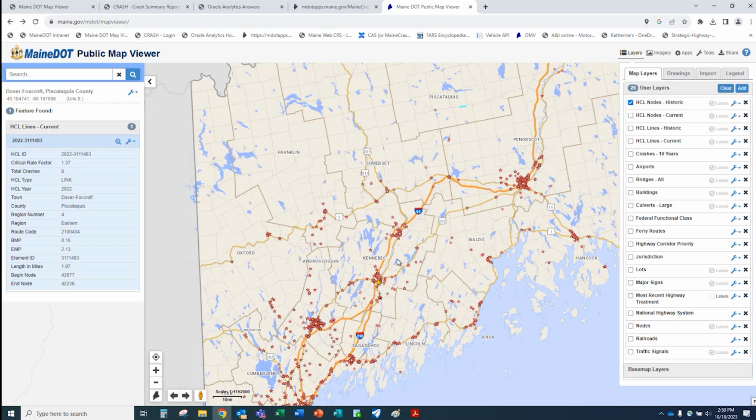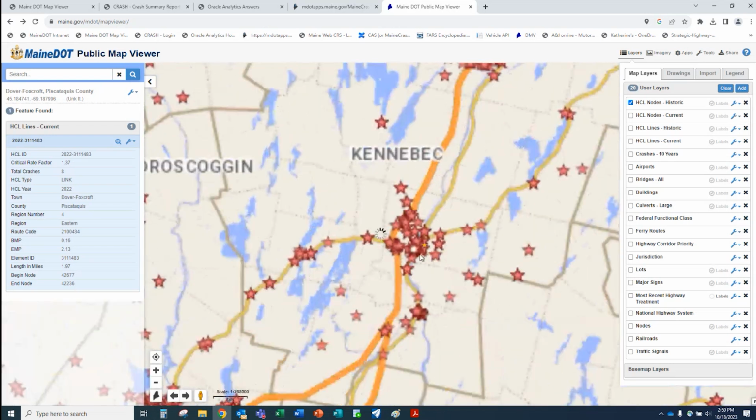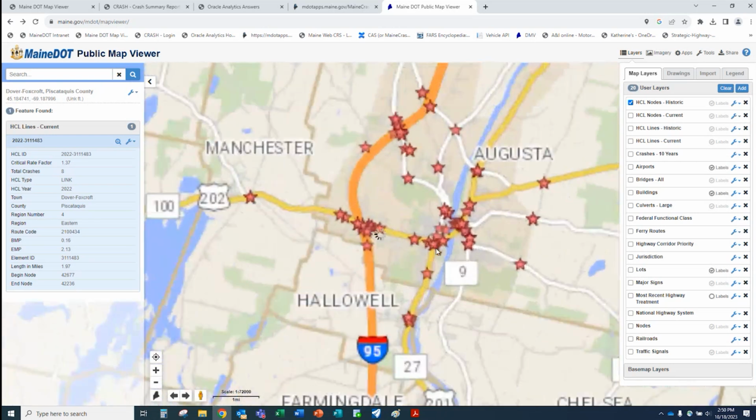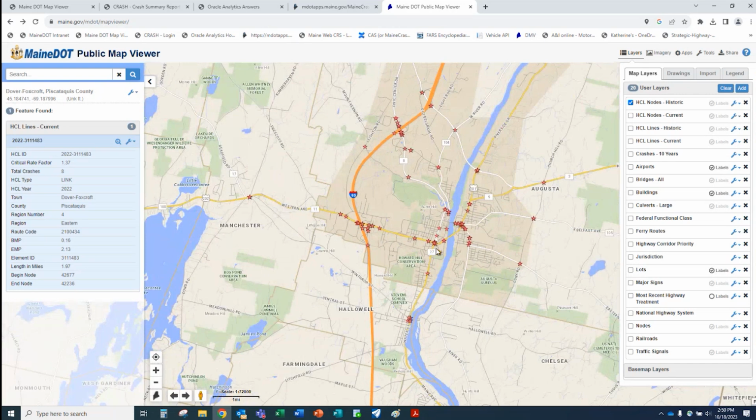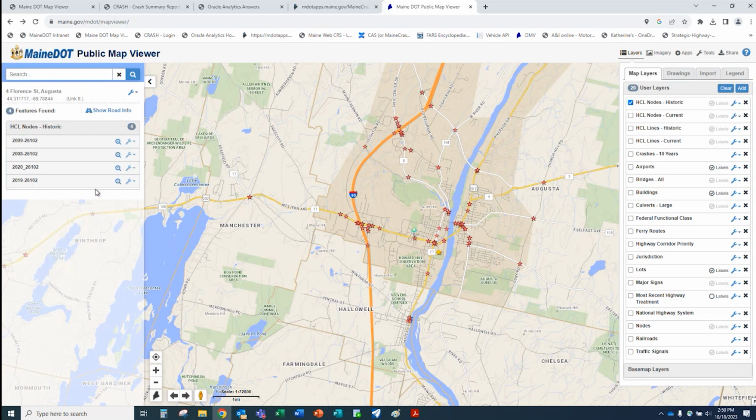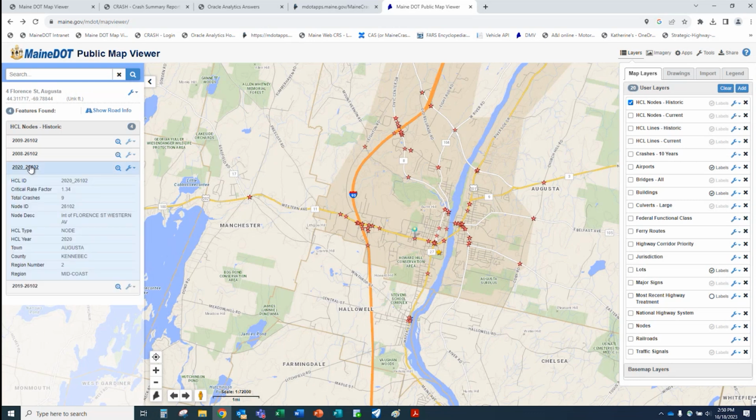I could be wrong, but just like with any of the other ones, you figure out where you work and say you want to know more than just 3 years. Maybe you've got an area that you need to know more about. And I'm hoping to find one. That one's only got one. It's got 2 years. So you can see that HCL ID. That's the last 3 years of the 3-year study period. So that's the 2018 to 2020.